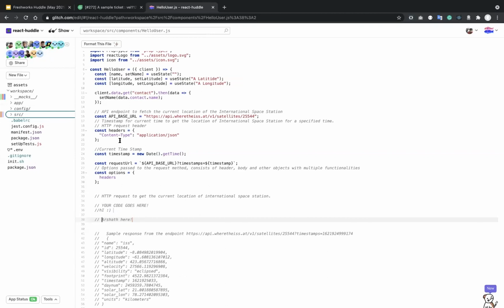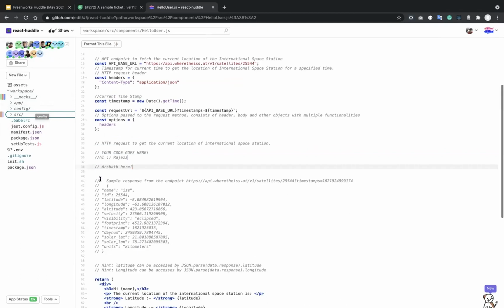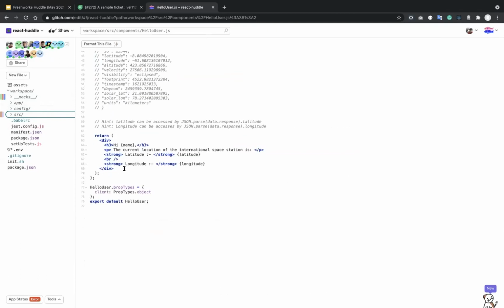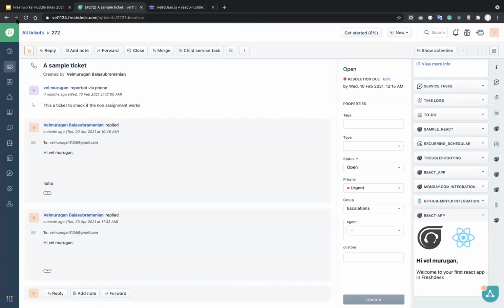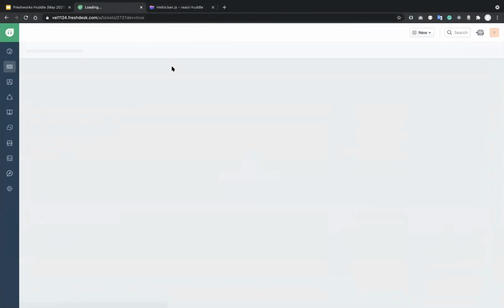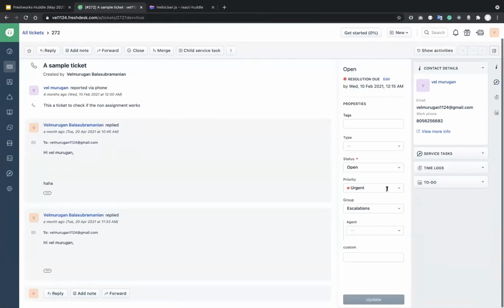So we have a Glitch app here. This Glitch app is exactly the clone of what we saw in the local demo. It is a pretty basic app. I just made some changes: instead of all the icons, I've just added a couple more paragraph tags here. So let us go to our portal and see what this app renders. This is going to take a bit more time to actually load here.